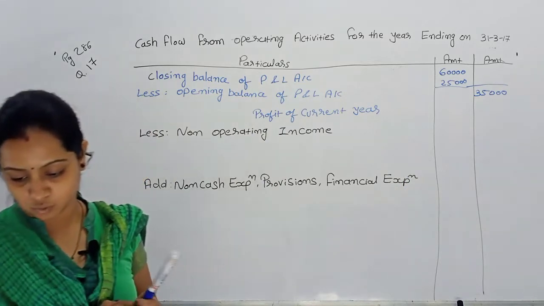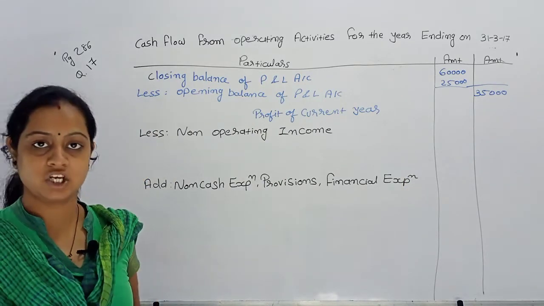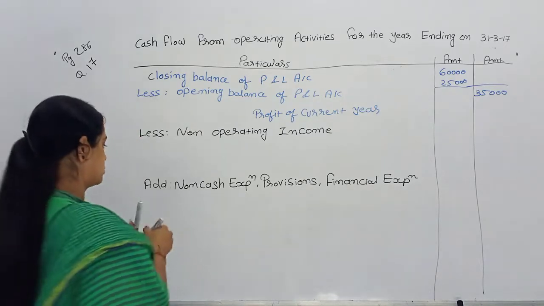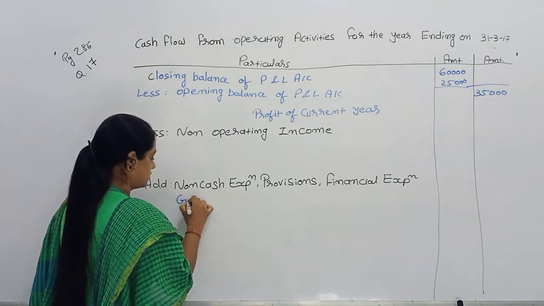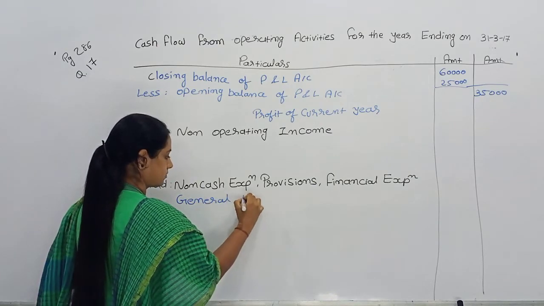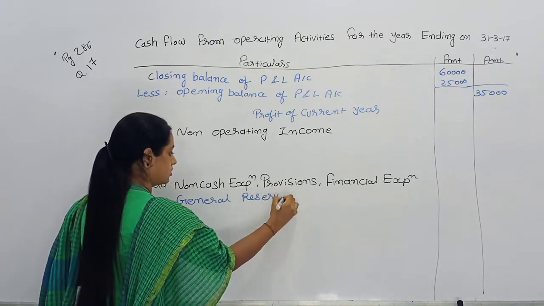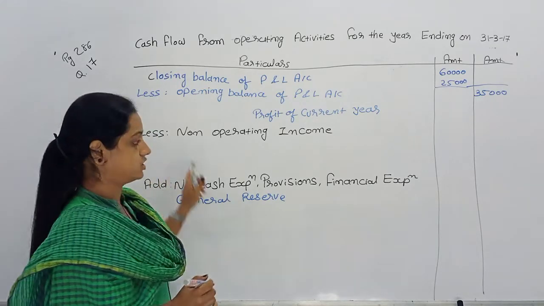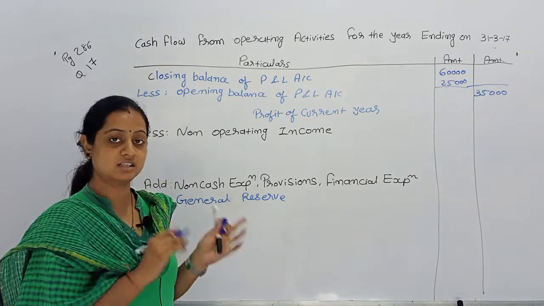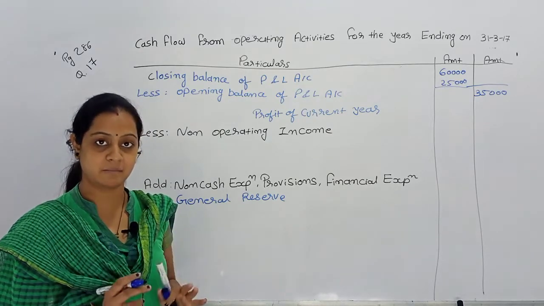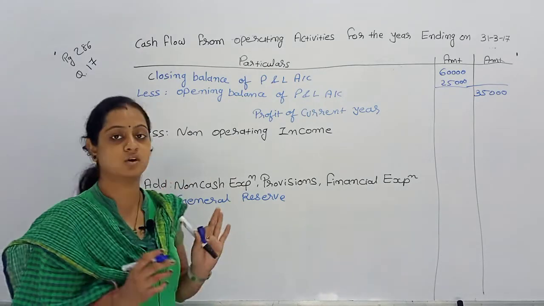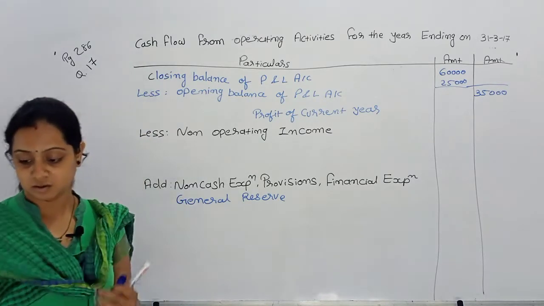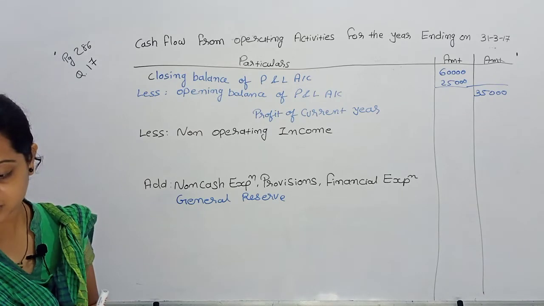Okay, so first information, general reserve. General reserve is our provision, right? So here I will write general reserve. See, you have to use both the pens. Which thing I have written in black pen, you have to write the same thing in your fair book in black pen, and which I have written in blue pen, you have to write it in your fair book in blue pen. Okay, so first general reserve.